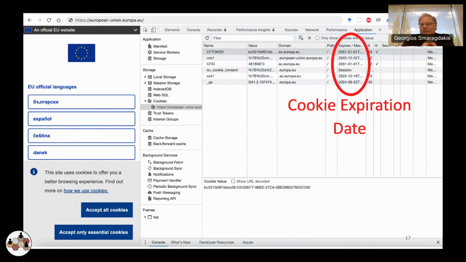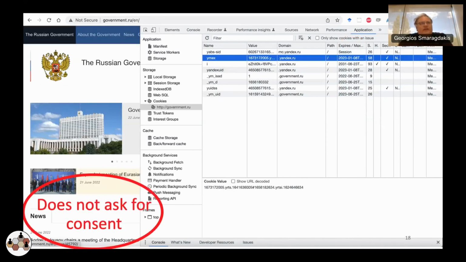Now, this was a good example. Let me show you a bad example. By the way, I don't consider this perfect design, but let's go to the government of the Russian Federation. Of course, you may notice that the website is not even secure, right? This helps more for surveillance, but definitely they don't ask you any permission to give your consent, for example, for